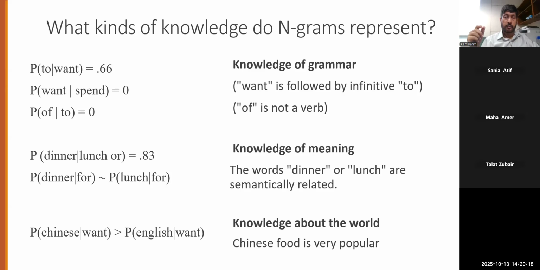All of this is knowledge that we did not know before, but once we learned the bigram model or language model, we were able to infer, for example, which food is preferred by the people represented in this database. So that's world knowledge, and also